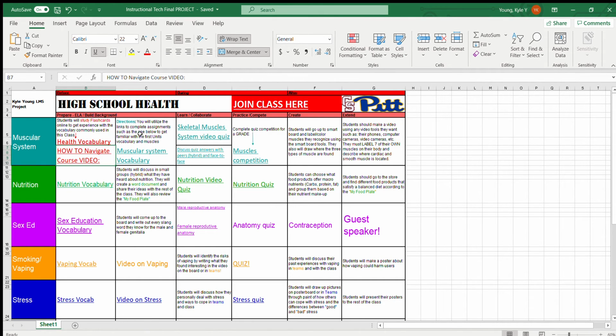Alright, so next we have the muscular system vocabulary. This would take you again to a YouTube video. It will just go over the vocabulary. We have the systems quiz, so this is Ed puzzle. And then we have the discussion, hybrid face-to-face. So to do that, I have them hit the join class again to the Microsoft Teams where they can discuss after. I can complete the quiz for a grade, and it would bring me to Quizzes,